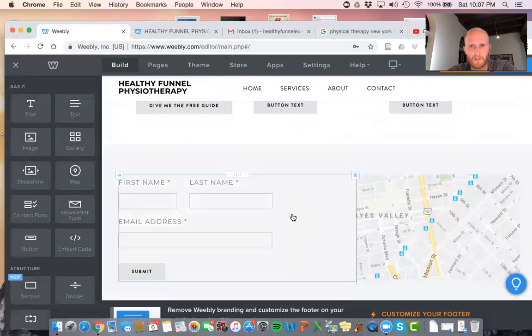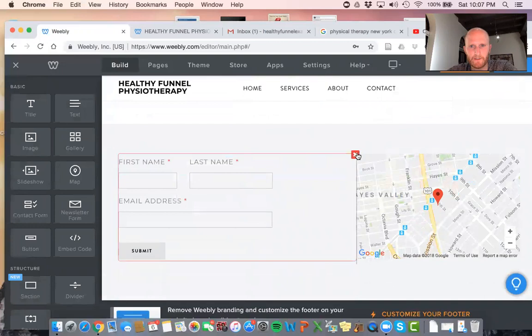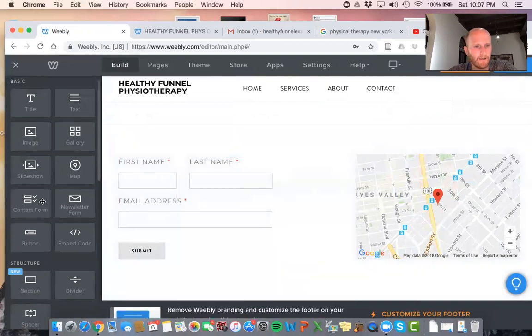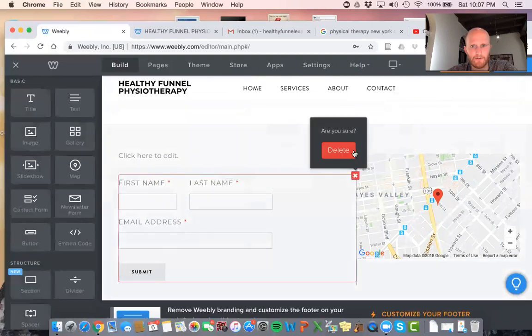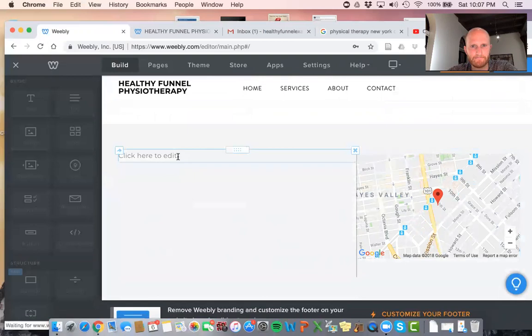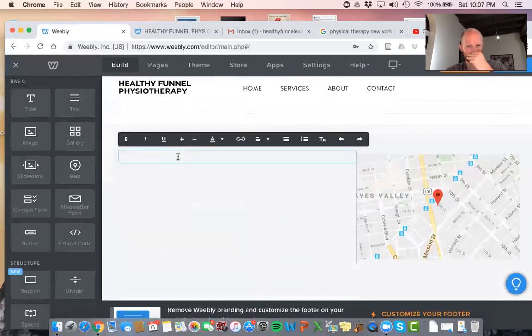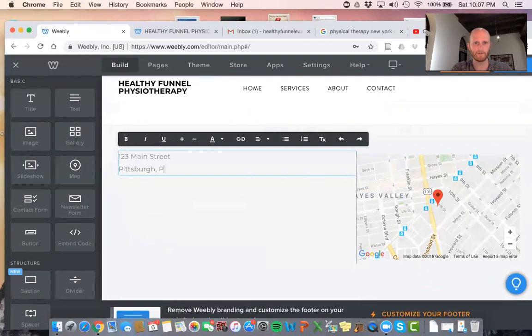Cool. And then what I'm going to do is I'm actually going to add in a text bar here. What I'm going to do is I'm going to delete this guy. What I'm going to do is say something like, I'd put in our address. So let's say 123 Main Street, Pittsburgh, PA,